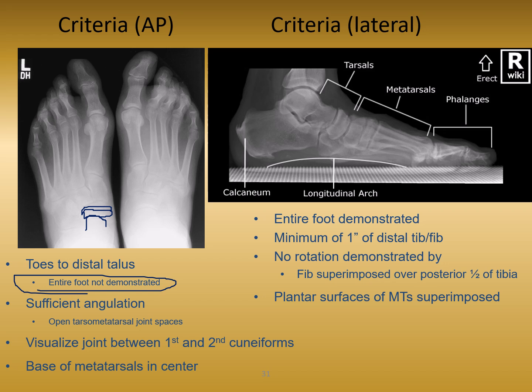Still just like we did with the regular AP foot, they mentioned that we can see the spaces between the first and the second cuneiform. That's a little fun fact here that they wanted us to remember, and that's a way to identify that the patient was standing straight